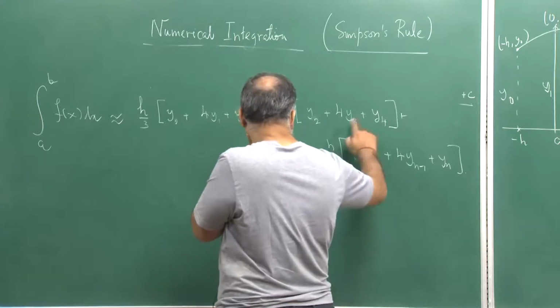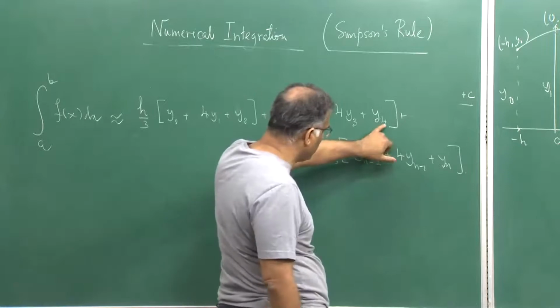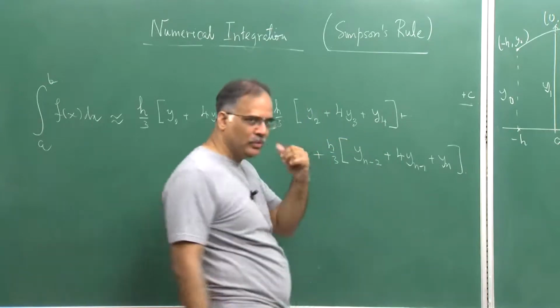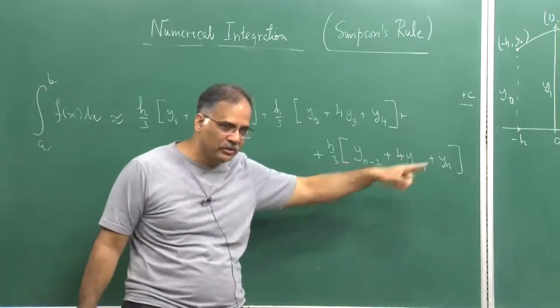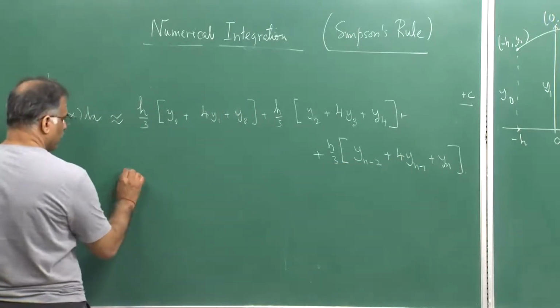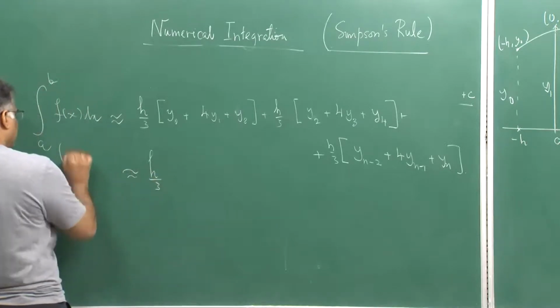Y4 will land up twice. So, all the even indices will land up twice, while the odd indices will land up 4 times, excepting y0 and yn. So, these are the endpoints. So, I can now write the integral from a to b